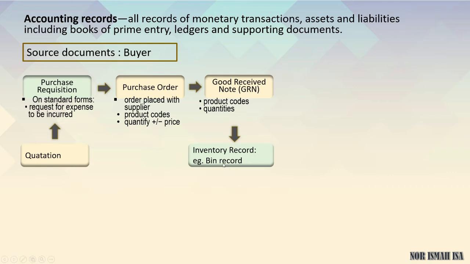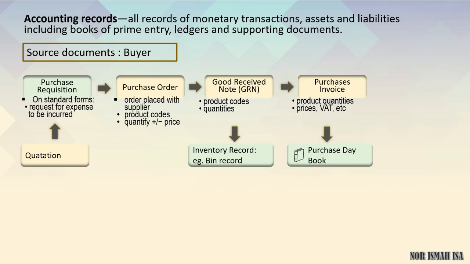This is an internal control for the inventory. And then after that, the buyer receives the purchase invoice. The purchase invoice is given by the seller. It will give information about the product quantity, price, tax, and so on. Okay, upon receipt of the purchase invoice,